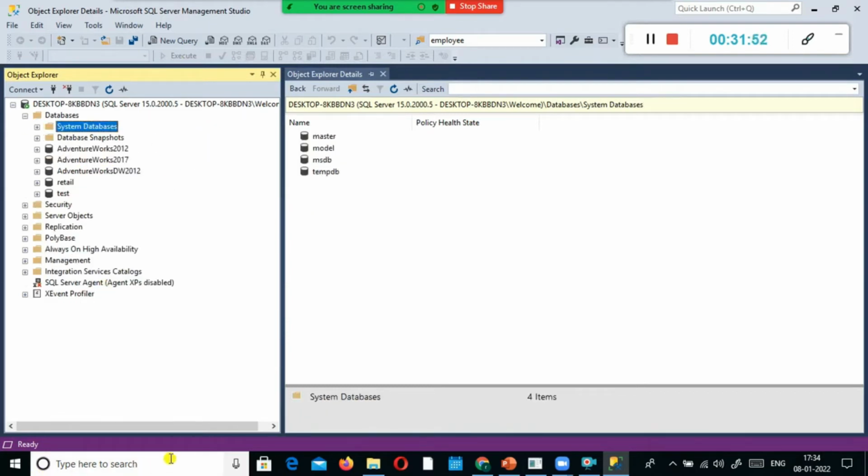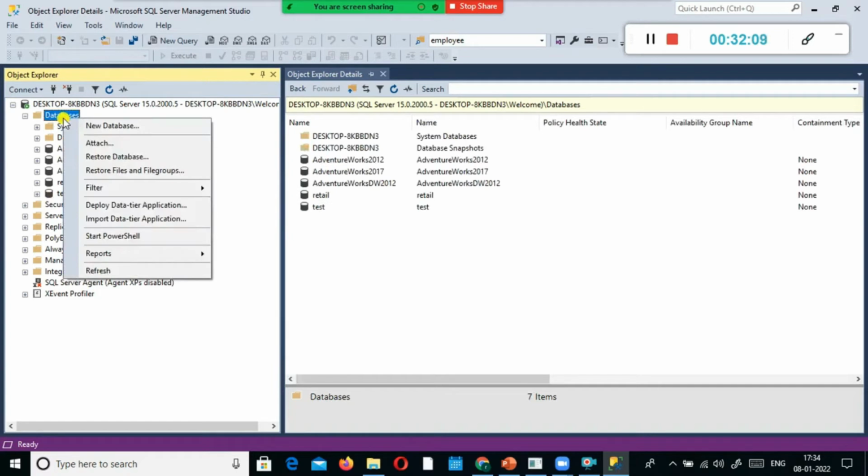The next step is we will see how to create a database. Using the graphical user interface, you can create the database, or you can use commands to create the database. For example, if I select Databases here and right click on it, you will find the New Database option.